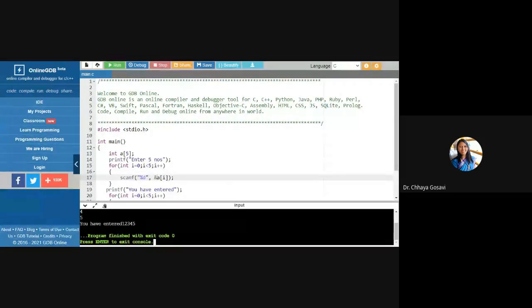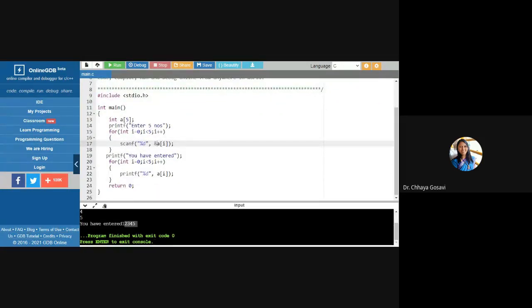It has printed: You have entered 1, 2, 3, 4, 5. If I want to give space, I can give it like this. It has printed: You have entered 1, 2, 3, 4, 5.